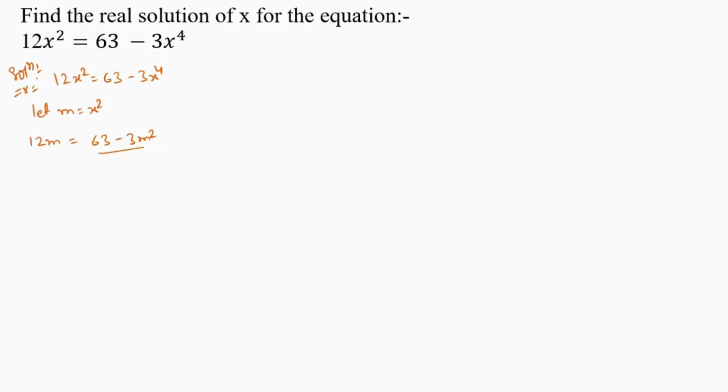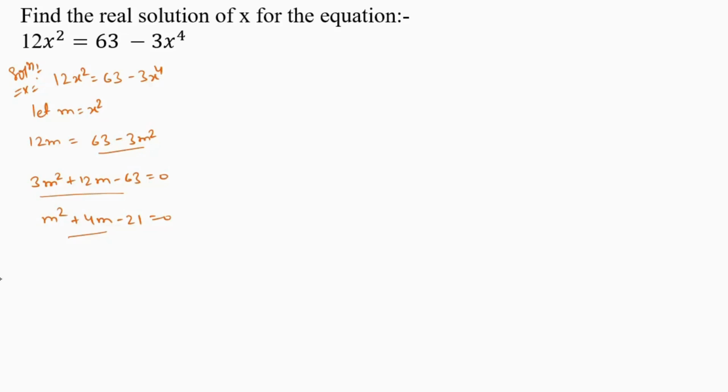Now bring this term to the left hand side. We get 3m squared plus 12m minus 63 equals 0. Now divide this whole equation by 3. We get m squared plus 4m minus 21 equals 0. So we have a quadratic equation and we can find the value of m by applying the quadratic formula, which